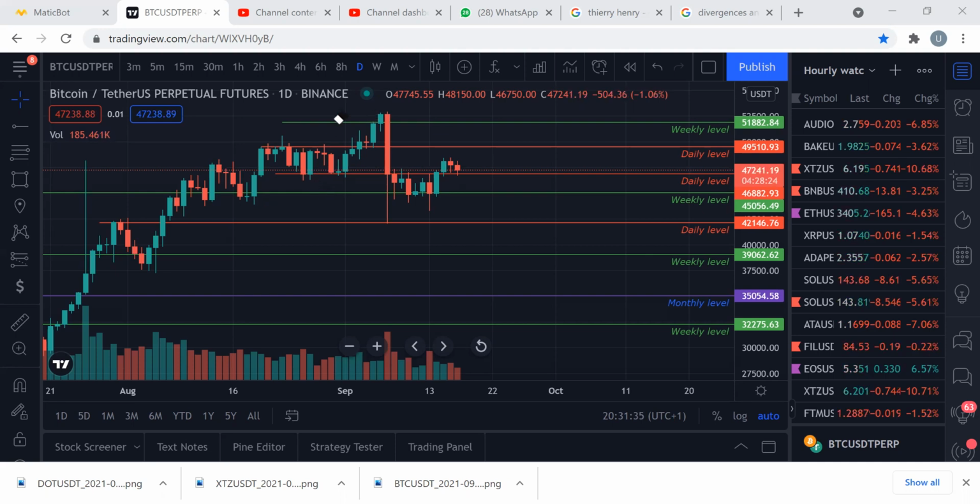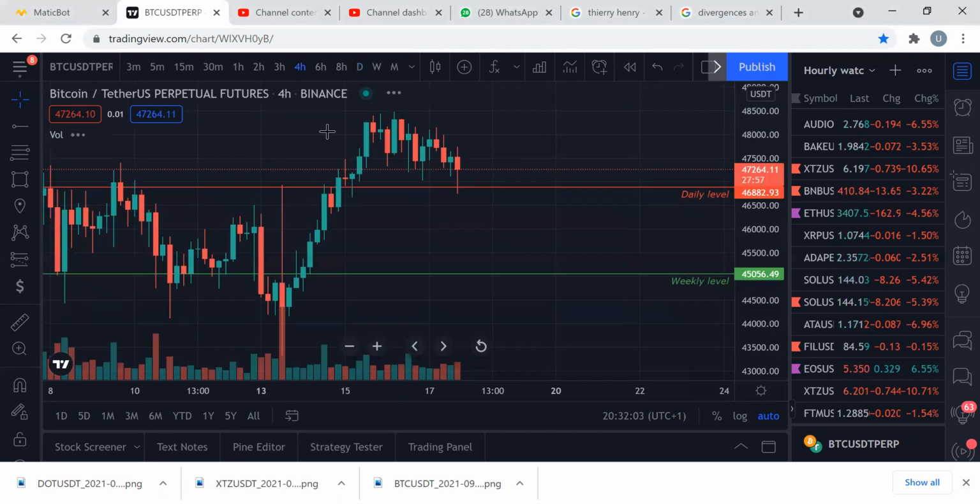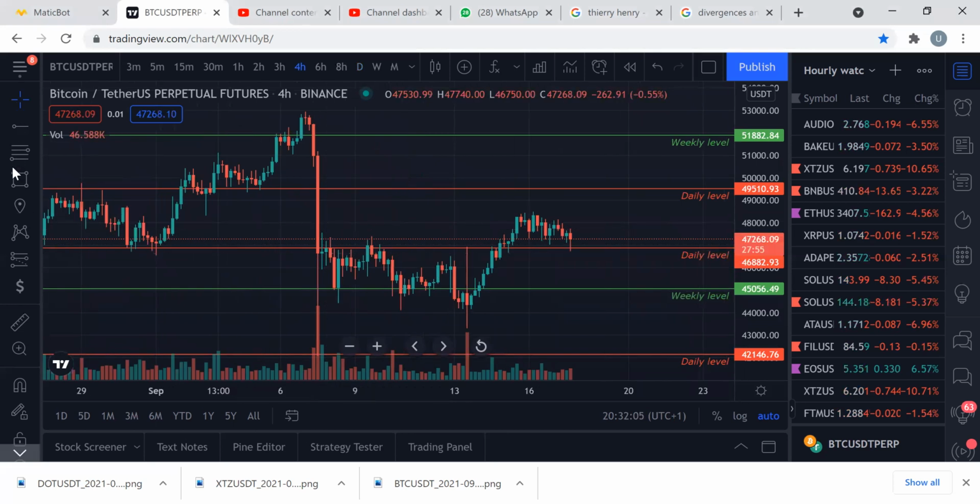The more the price tests a particular support or resistance, the stronger it is. Like this one, the price comes to this place and rejects. It comes to this place and rejects. It tries to break it here first, rejects, then again, before the one we are having now. It will be clearer if I go to a lower time frame, like the 4 hours time frame. You get it clearer. As you can see,